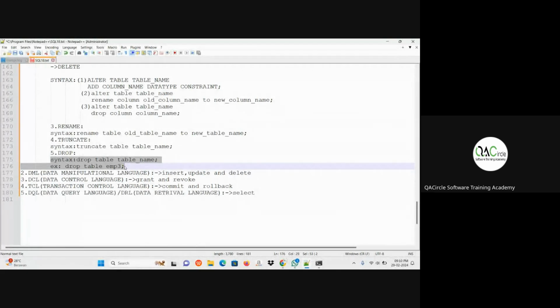Okay. Next, take down the note. In that, first point: to remove the database from the SQL server, we can use the drop statement.